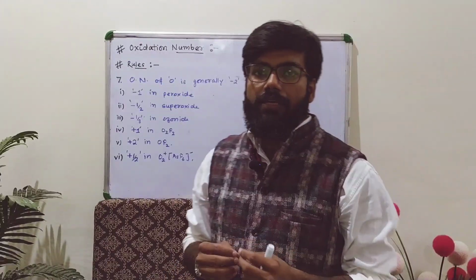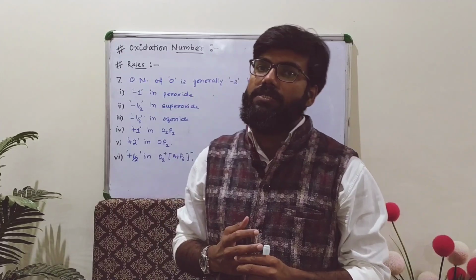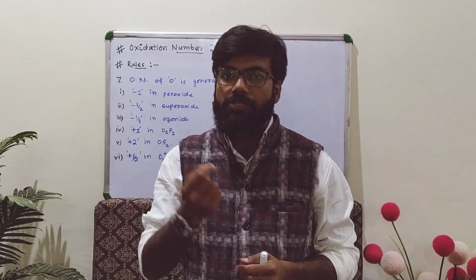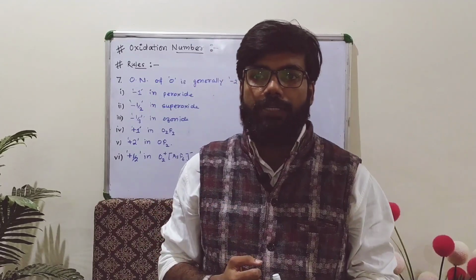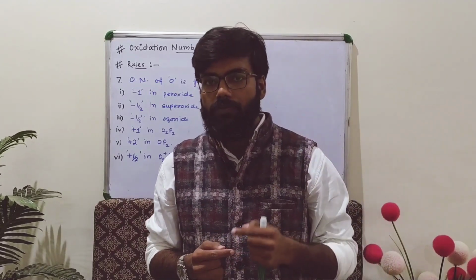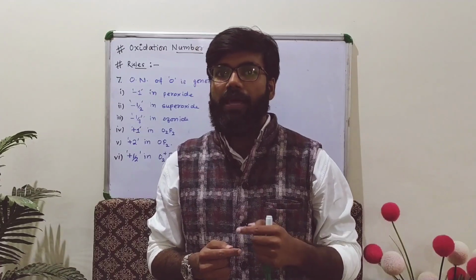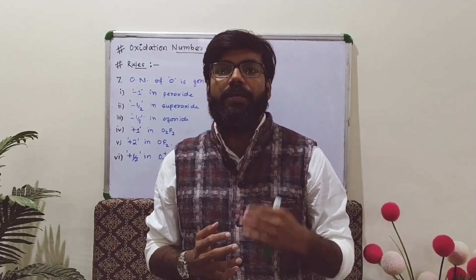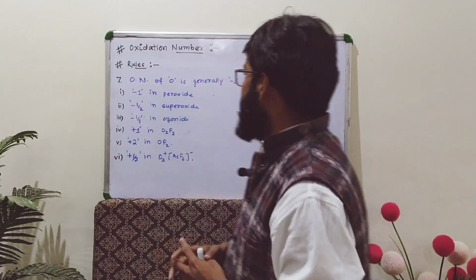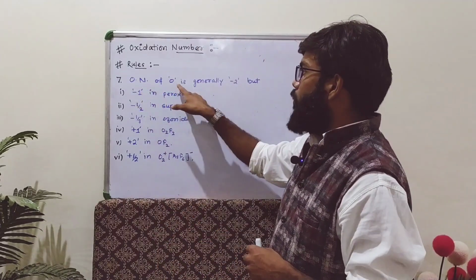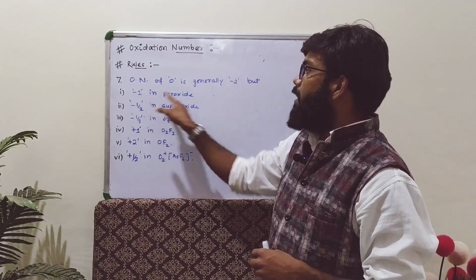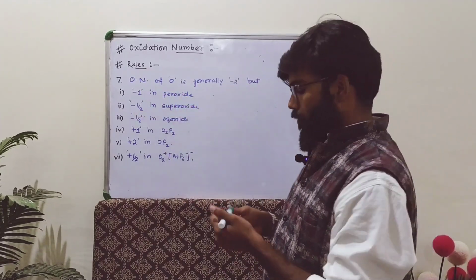Generally the oxidation number of oxygen is -2 because it has 6 electrons in its outermost shell. So it gains 2 electrons to attain noble gas configuration. When an atom gains 2 electrons, it will have -2 charge. That's why generally it has -2 oxidation state. So the rule says the oxidation number of oxygen is generally -2. But in case of peroxide it is -1. For example,